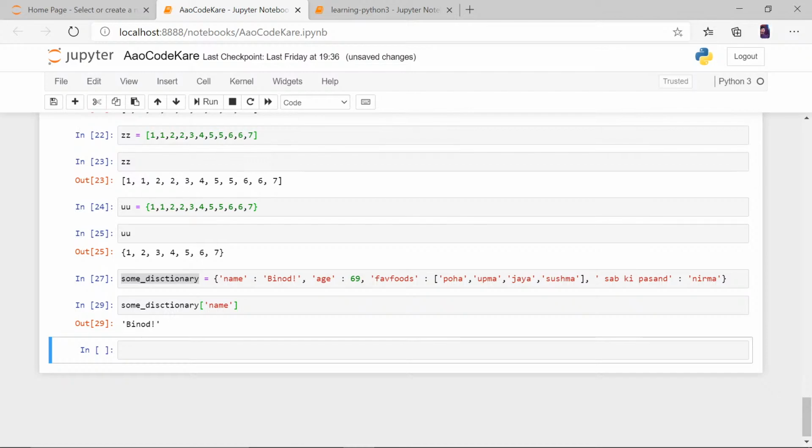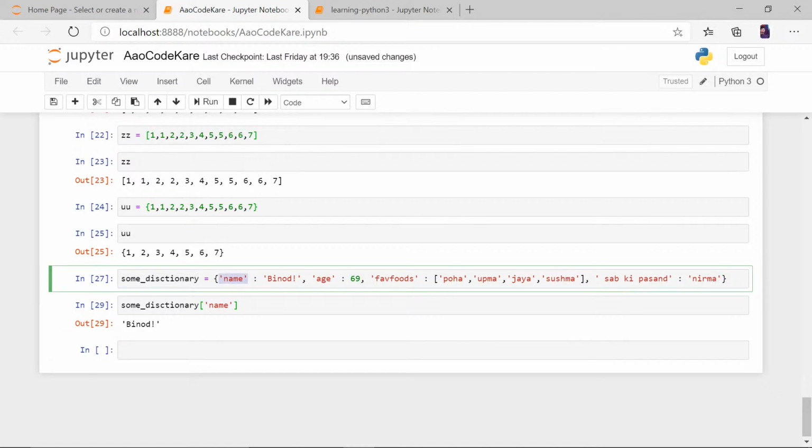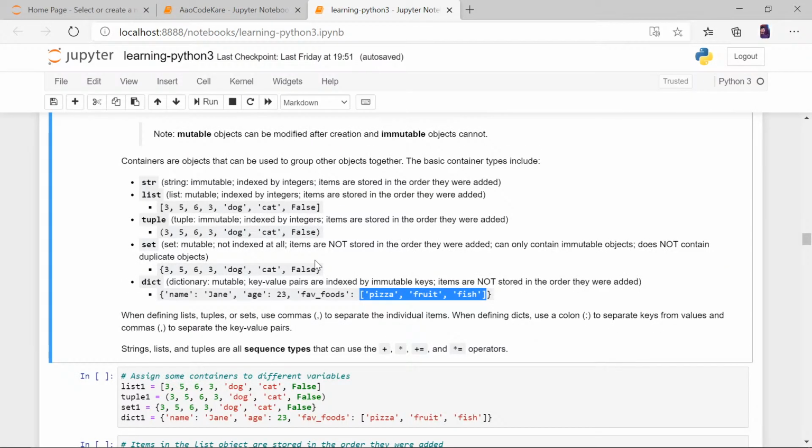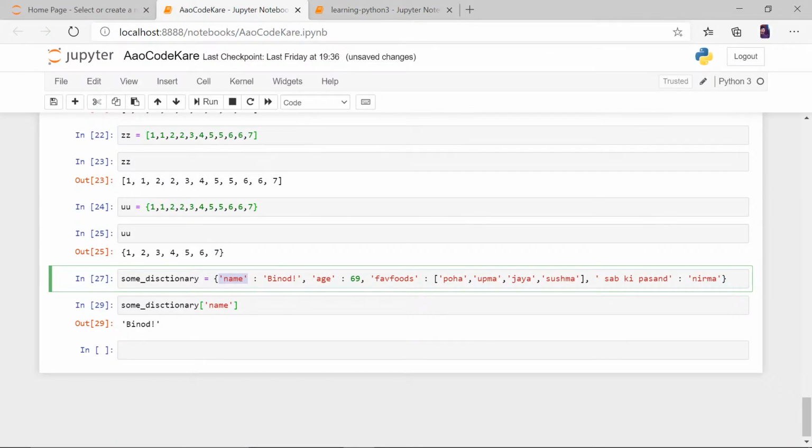Okay, so the name is Binod, right? So this is what a dictionary does. When you search for a thing, this is called a key value pair, as it was written here, key value pairs. So as you pass the key, it gives you the value.